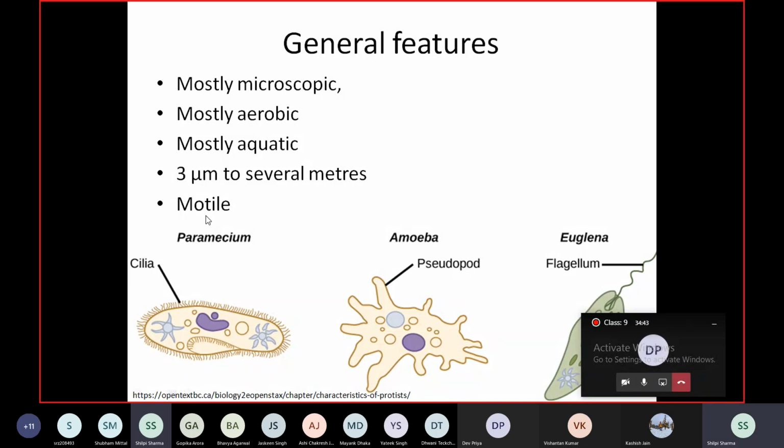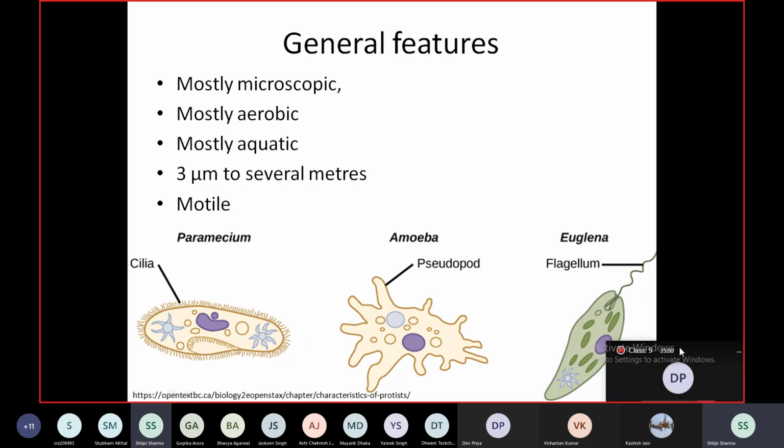Another important aspect of protists is that they are motile. But the mode of motility is quite varied. I've put here 3 pictures of 3 different motility features. For example, it could be a ciliate, it could be a flagellate, or it could even be an amoeboid organism moving through pseudopodia. तुम लोग ने ये तीनों organism स्कूल में पढ़े हैं ना?